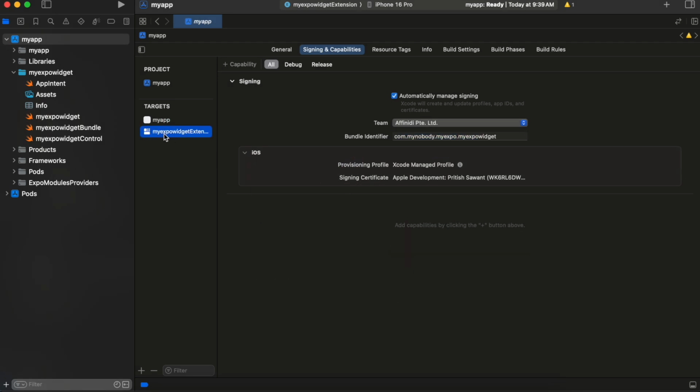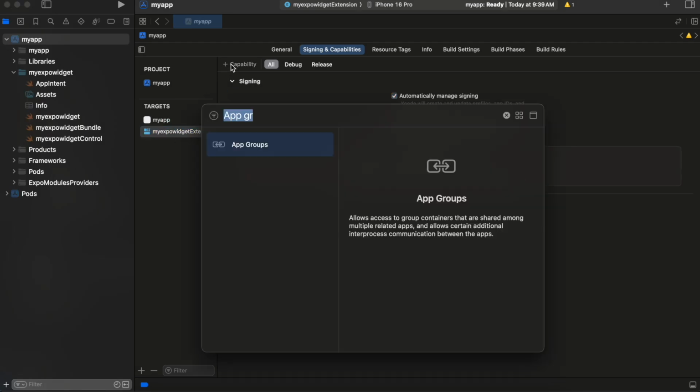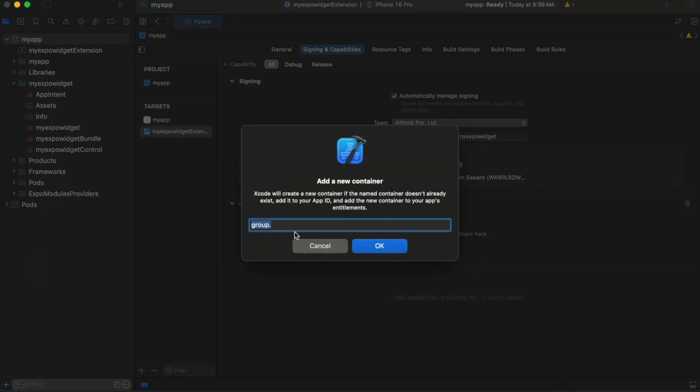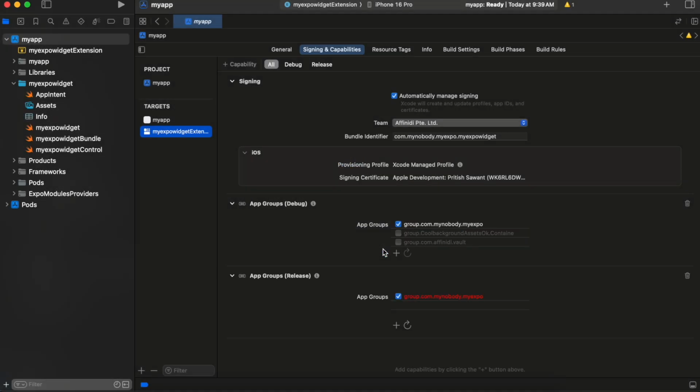Then I will just go to our target over here. I'll click on this plus capability. I'll just add App Group over here as well. I'll click on plus, and here I'll just add group dot our bundle identifier. I'll click on OK as well. So you will have to add it for both. Then there is one more thing which we have not written, which is the important thing of reloading our widget. I'll come back to that in a bit,